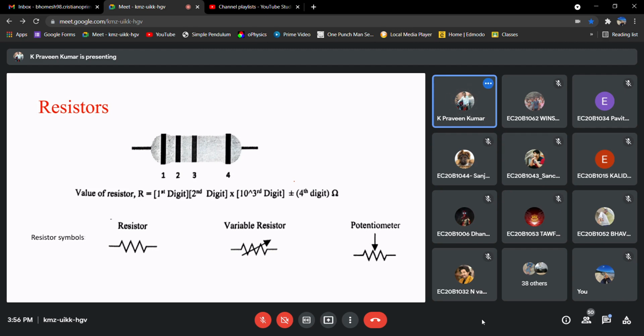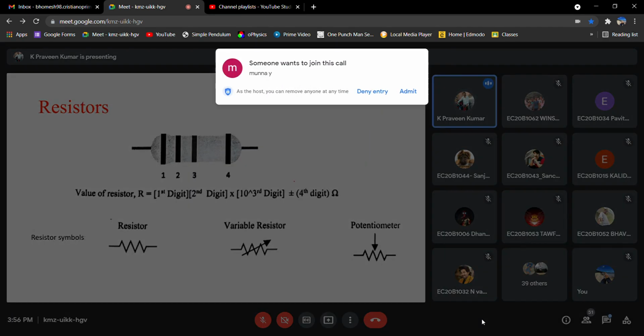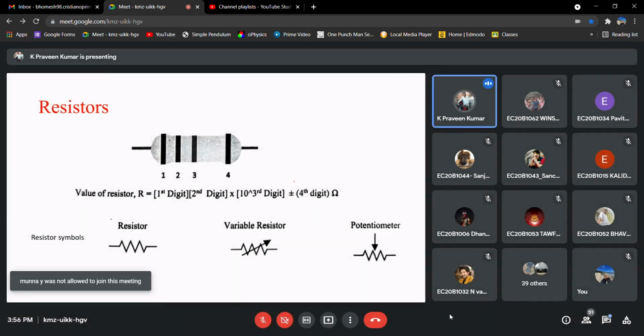In general, we'll be using this in series with a particular element. Of course, this can be connected in parallel, but it depends on the application. If you want to bypass the entire current, you can place it in parallel to your device, so that the entire current will flow through the device if it has less resistance. Or if you want to reduce the current in a particular element, then place a resistor in series with a higher value. That is the basic thing.